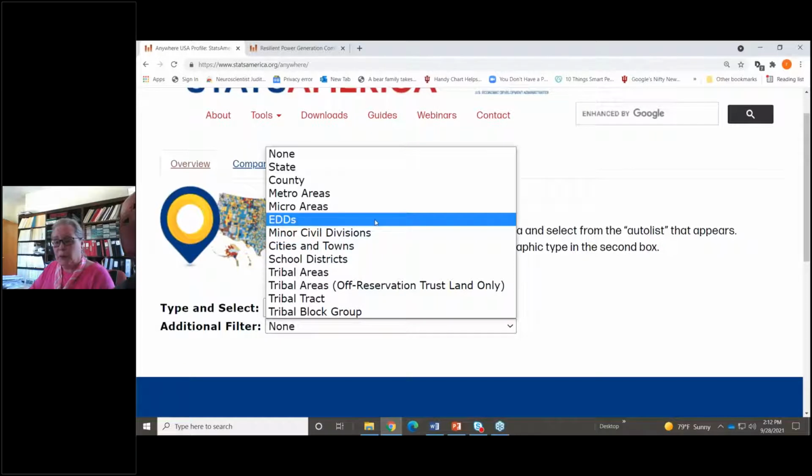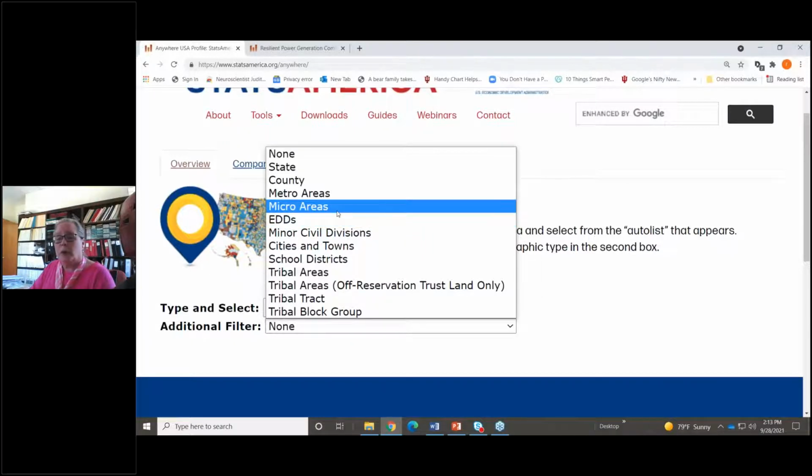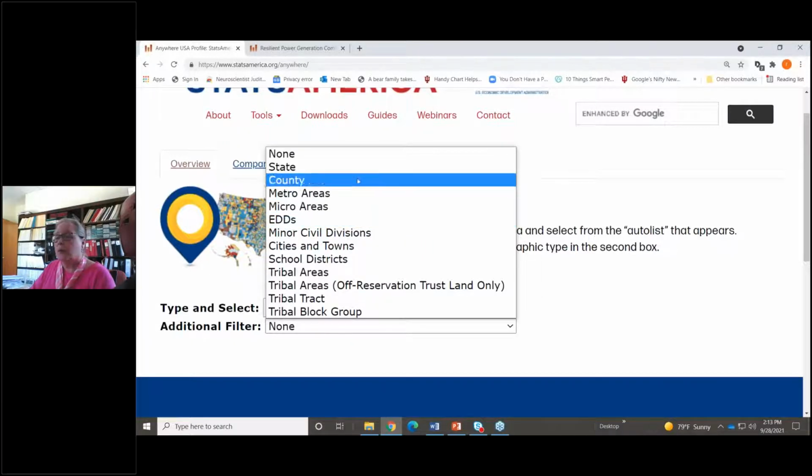Economic development districts are here because that's really a core geography for us, so that most, if not all, of the data we provide will be available at that economic development district level, which is generally a combination of counties. As are micropolitan areas, metro areas, of course you can get any county you want, but